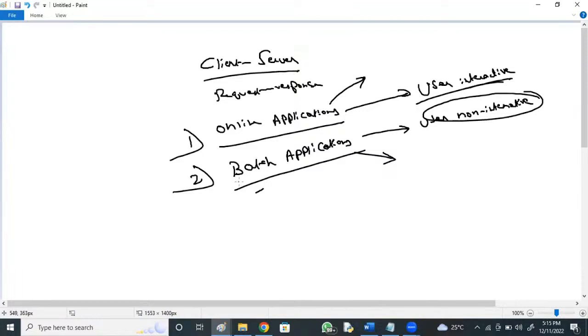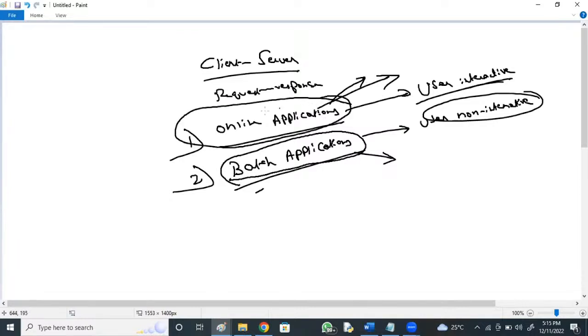So batch applications are where we see millions and trillions of records. For a single online transaction or two transactions, we won't go for Spark or Hadoop, where we involve a lot of records. And it's not for request-response, where a user gives a request and immediately gets a response.